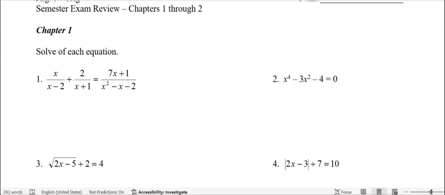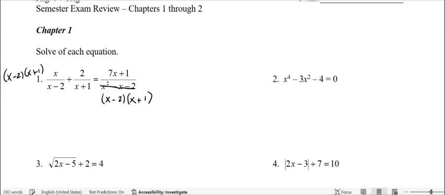So we're going to solve this by finding out what the lowest common denominator is and multiply by that on both sides. We can't know for sure what the lowest common denominator is until we do all factoring. So everything is factored on the left side, but this right denominator can be factored as x minus 2 times x plus 1. And now we can see for sure that our LCD is going to be x minus 2